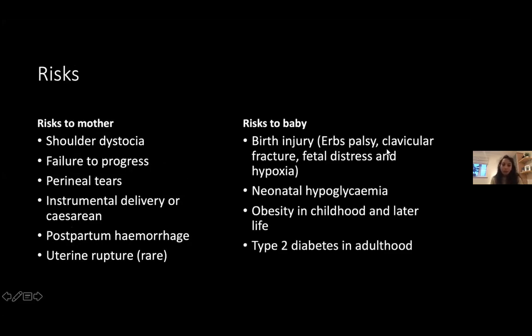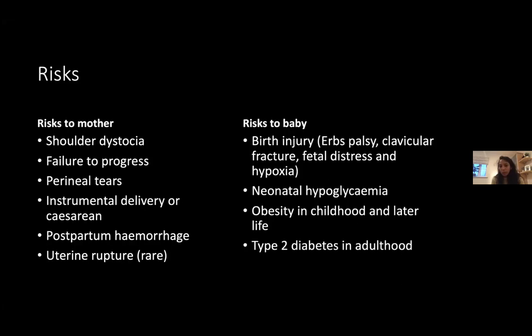So these are the risks, right? The risks to the mother are shoulder dystocia and failure to progress. You can get perineal tears during birth. You might have to use some instruments or perform a cesarean. And you can also have a postpartum hemorrhage, and a uterine rupture, which is quite rare, but really dangerous. And the risks to the baby: you can get birth injuries, Erb's palsy, and fetal distress